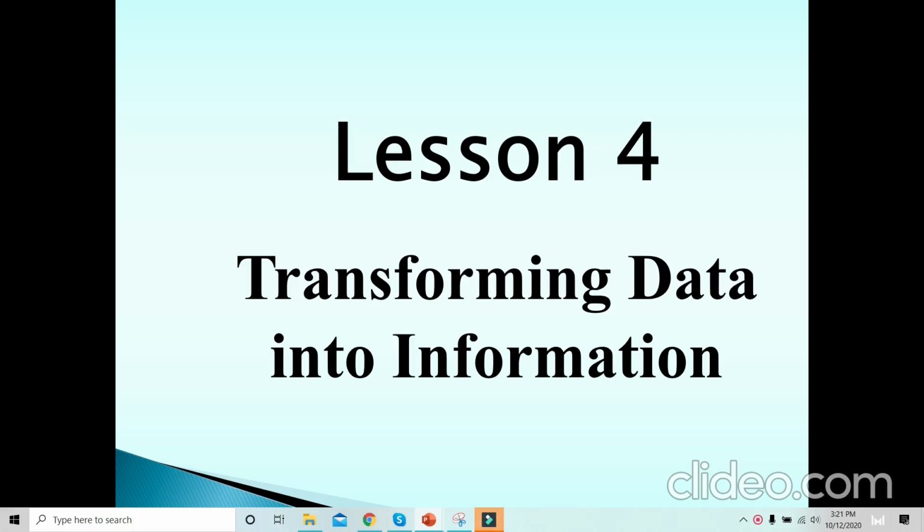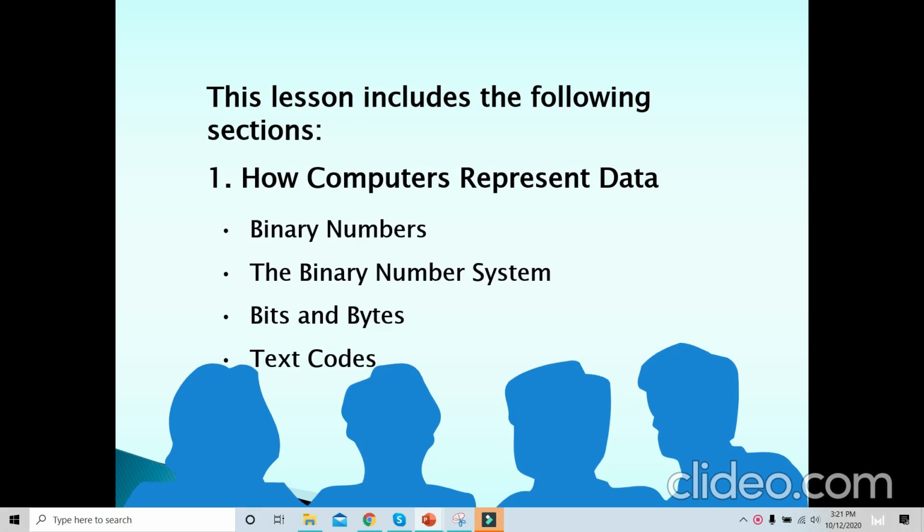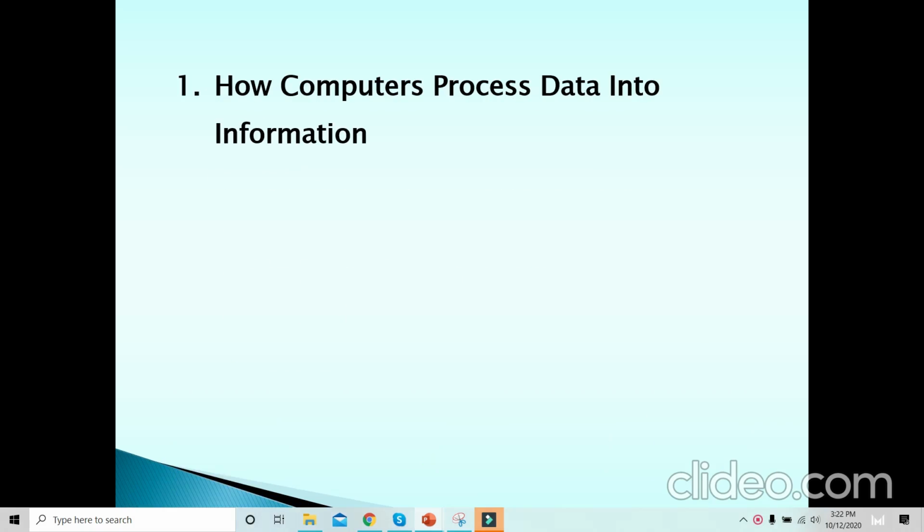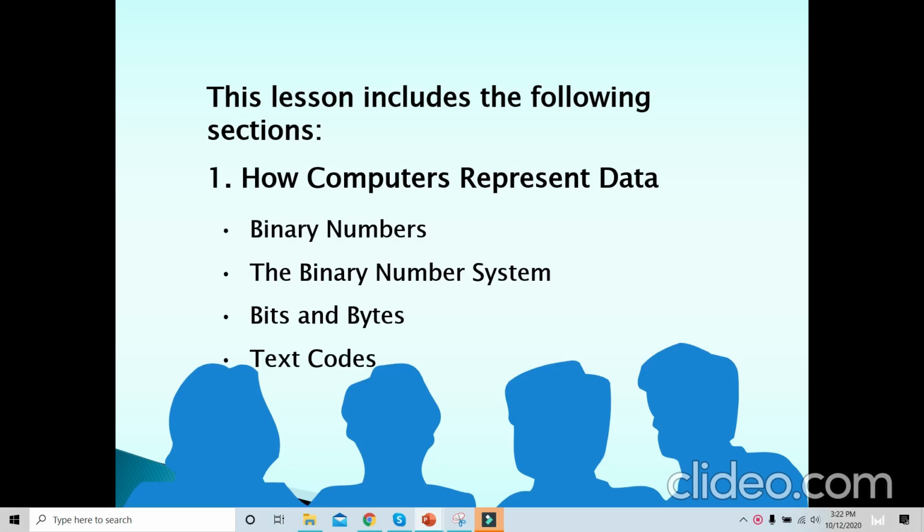Hello, good afternoon, everyone. I will be discussing Lesson 4, which is Transforming Data into Information. This lesson includes the following sections. We have how computers represent data. Under that will be the binary numbers, the binary number system, the bits and bytes, and then the text codes. In this lecture, we will discuss bits and bytes, and binary and decimal numbers in detail